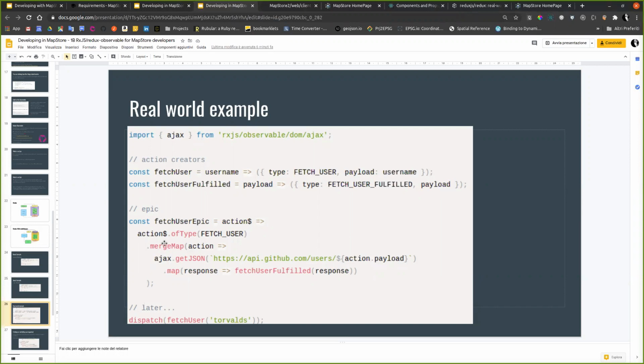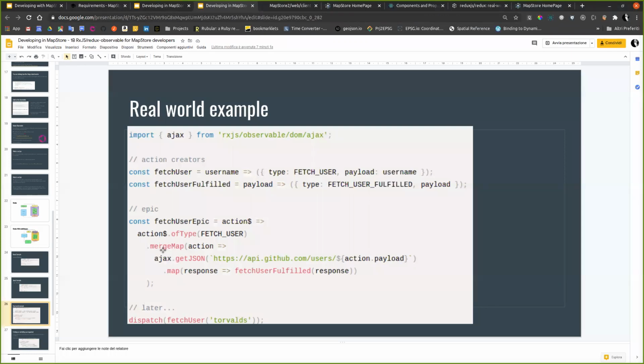An epic will intercept this action, dispatched from the application by the user interface, and it will do an Ajax call. Here there is an example with an internal library, but you can imagine Axios here, and then we reply emitting